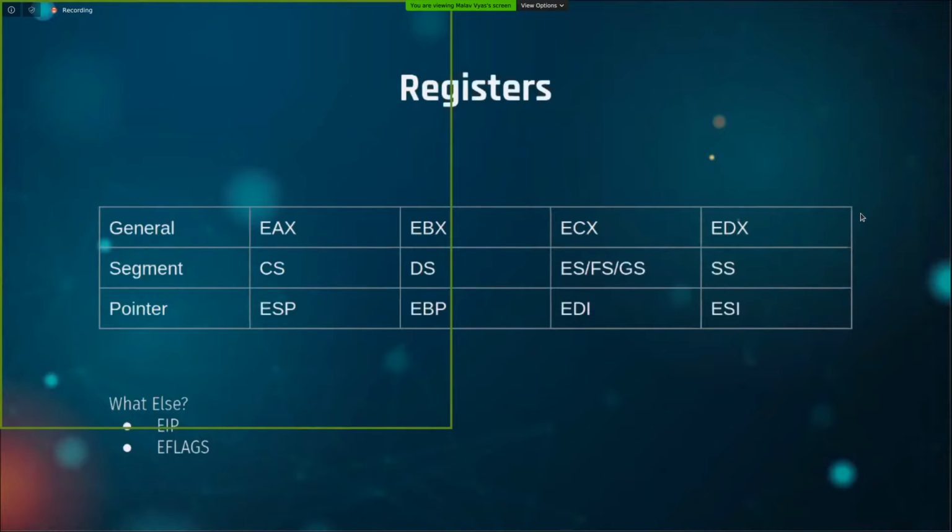Okay. So there are types of registers: general, segment, pointer. I have written them here, but you don't need to remember everything. Registers like EAX and EBX are used to store data before you can call a syscall. Syscall is just like a function. There are other registers like EIP, EFLAGS, and segment registers. You don't need to worry about that right now. What is EIP? EIP contains the address of the next instruction which is going to be executed. So EIP tells the CPU which instruction should be executed next.